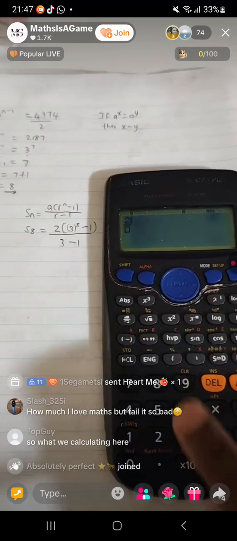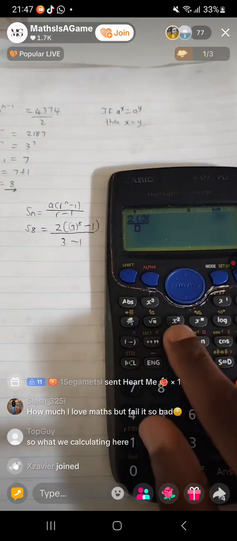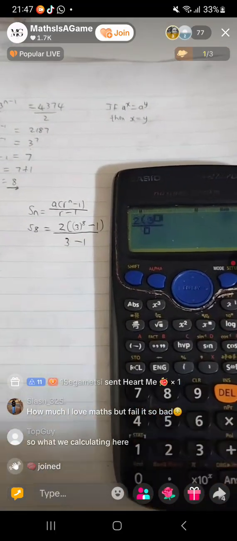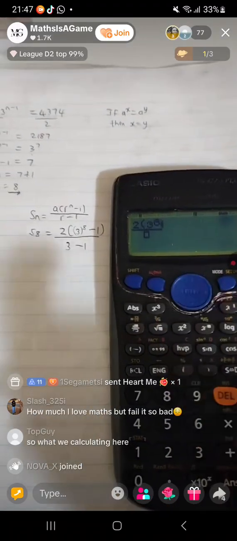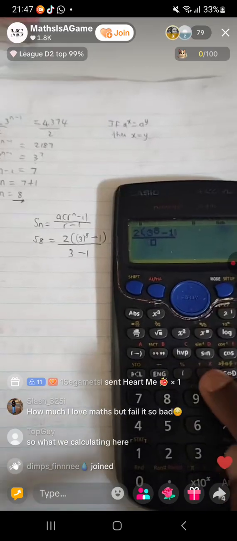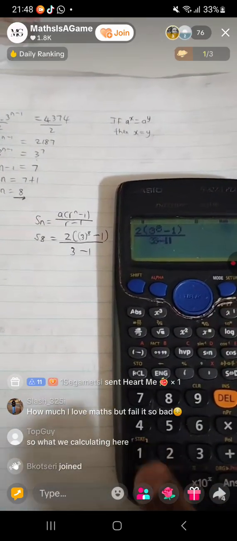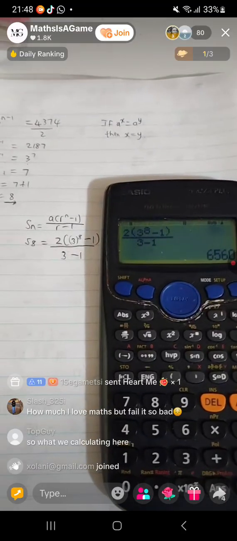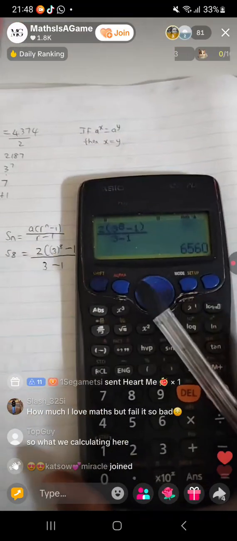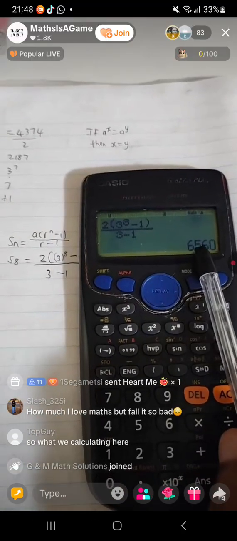Okay, brackets, you take the 3 to the power 8. All right, then make sure that you drop the cursor, minus 1, you close the bracket, and then at the bottom it's 3 minus 1. Then you say equal. Then your calculator will give you the final answer, which is the sum of the first